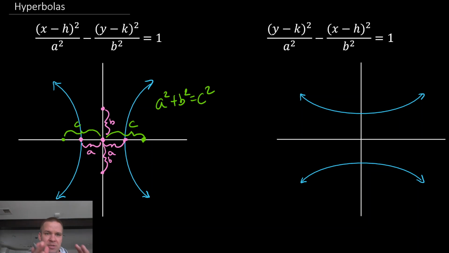So all of that type of stuff still applies to the one on the right here, except now my a value is going from the center to the vertex, so it's going up and down, right? That's going to be my a value. My b value will be somewhere, something like this, okay? And that's b, and then my foci somewhere in here. Now there's one other part to our hyperbolas that we are going to use when graphing,